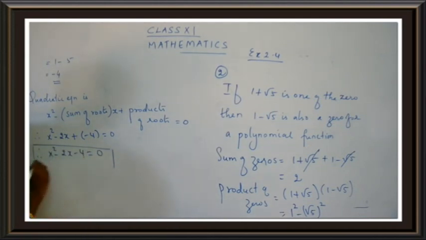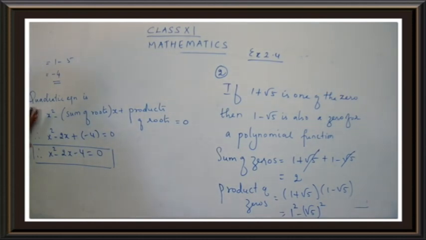We have not completed our answer. I have just found out the quadratic equation. I found the sum of roots, I found the product of roots, and I am just applying it in the quadratic equation. So now we are going to move to the quadratic polynomial. Here the question is to find the quadratic polynomial. Yes children, if they have not mentioned P, if any value is not given, we can directly stop the answer at the quadratic equation. But here in this question, they have given you the value for P of 1 is equal to 2. Clear children? So when you have that condition, we have one more step to do.